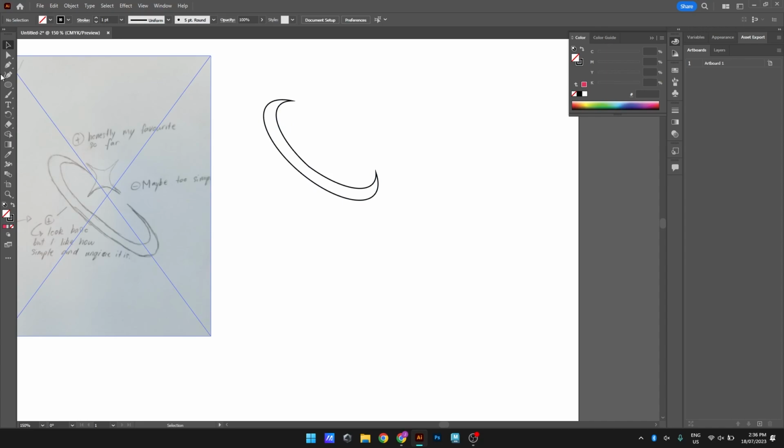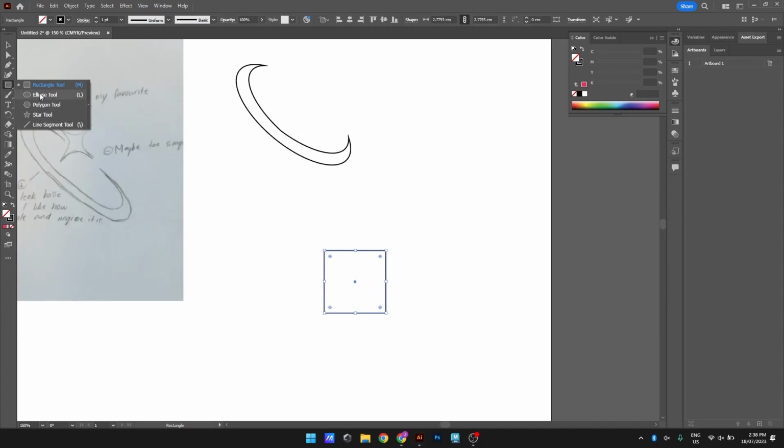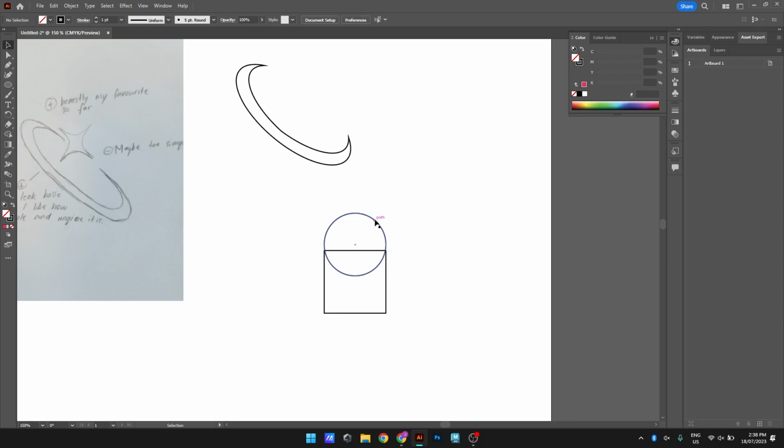For the star, we can do the same thing. So with the rectangle, I will go and I'm going to draw a square. I'm going to grab the ellipse tool and I'm going to draw, starting at the edge and holding Shift, an ellipse that is the same width, and that can line up slightly. And I'm going to click on that, Control C, Control V, and copy down to the bottom, Control C, Control V,